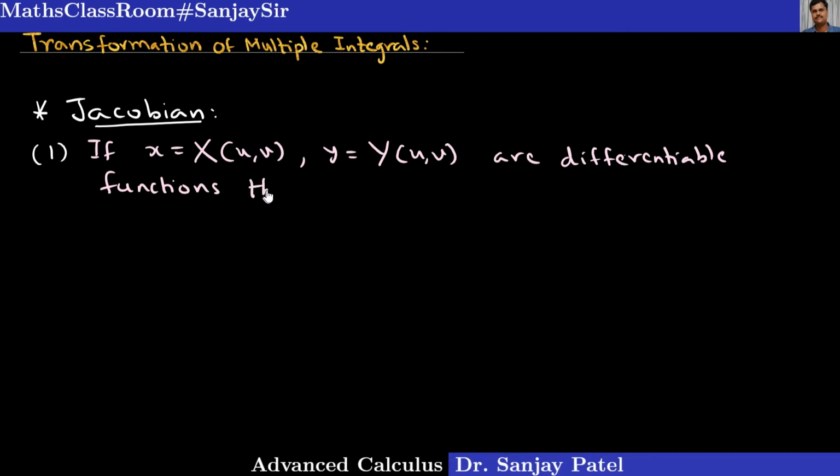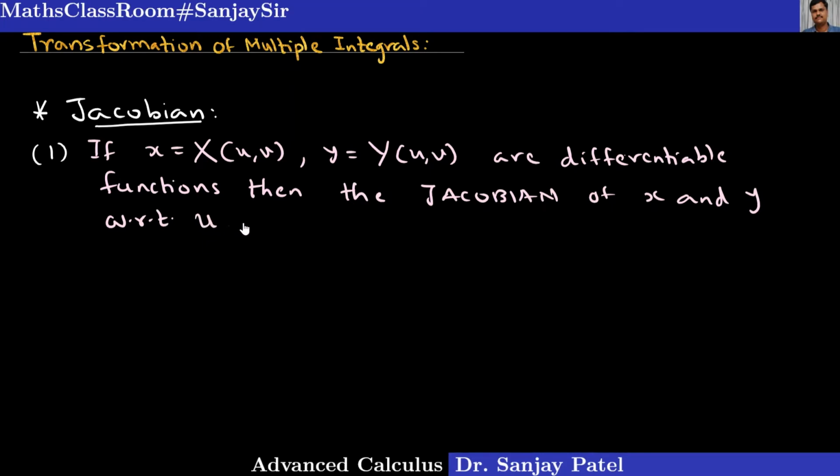Then the Jacobian of x and y with respect to the variables u and v is defined as